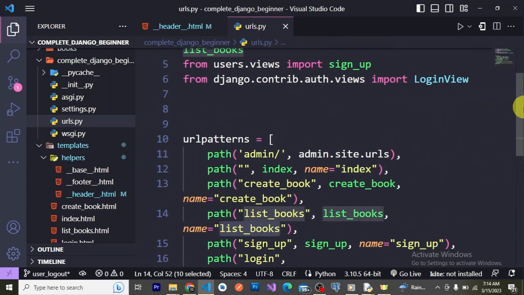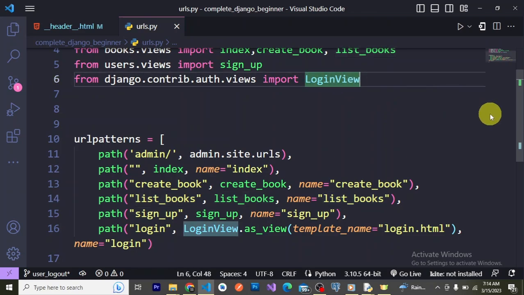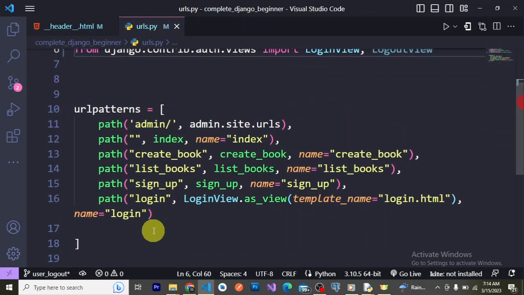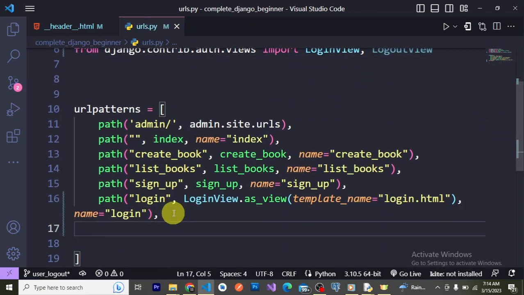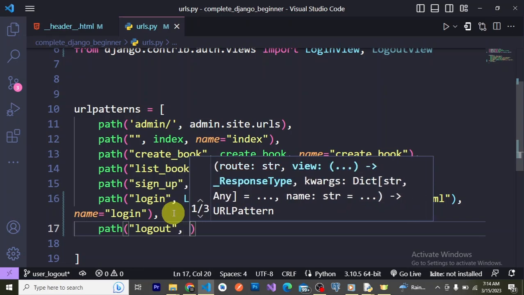Just like in the last tutorial, where we talked about the Django authentication framework views and used the login view right here, it's only fitting that we also have a logout view. So if we come back here and add path, we say logout, logout, if I can spell correctly, and we add logout